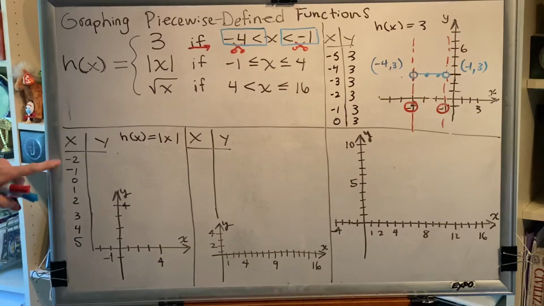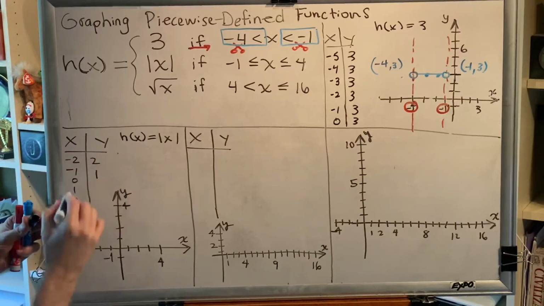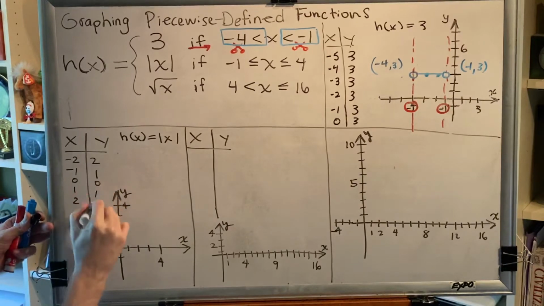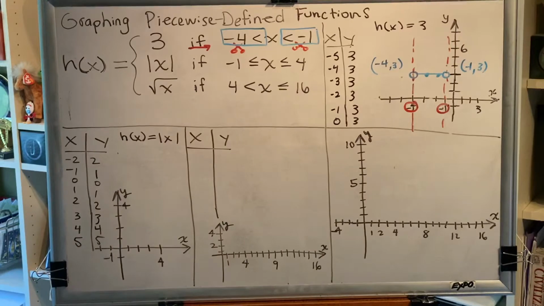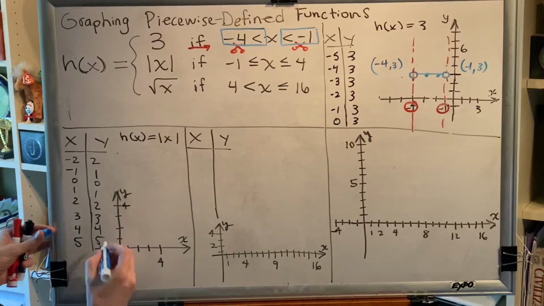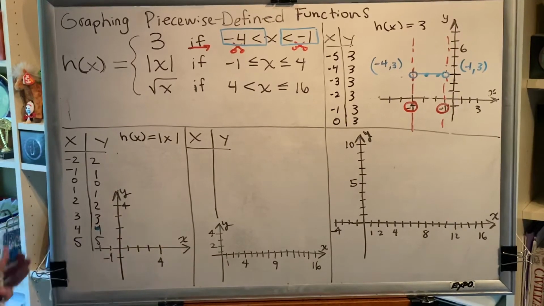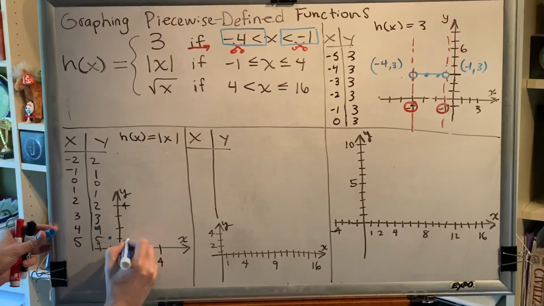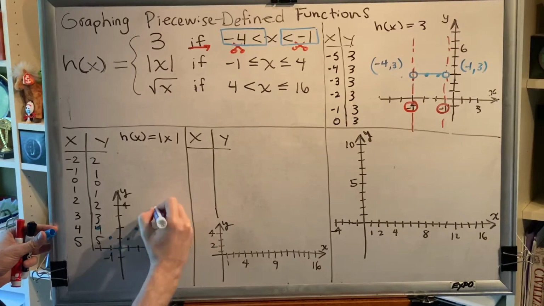All right, so the absolute value of -2 is +2. The absolute value of -1 is +1. And the absolute value of 0 or a positive value is the same value. So I just get all of these numbers repeated right on down the line. Okay, now we just have to plot them. So -2, 2 would be here. My table of values is somewhat in the way of my graph. -1, 1 would be here. 0, 0, 1, 1, 2, 2, 3, 3, 4,